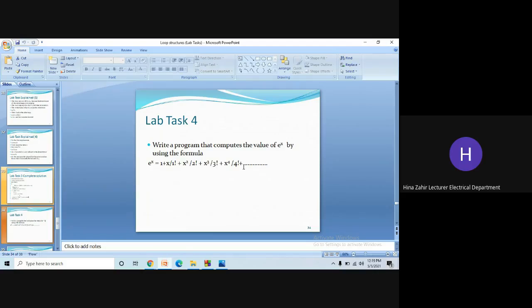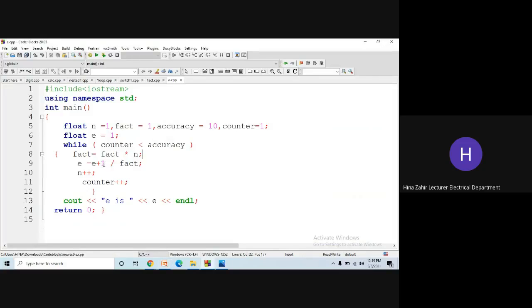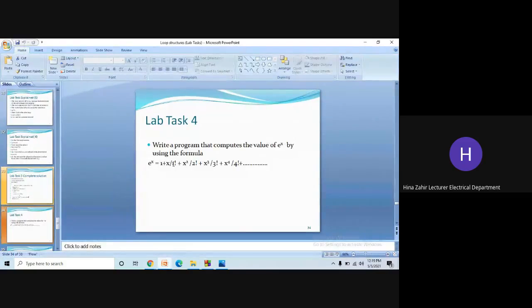So now, look at the series. Instead of that old 1, see, 1 is actually a constant here. Here, it is telling you to replace 1 with x, which the user enters, but not only x. Now, the portion is the same. The only thing that is different is that along with the factorial incrementing, you need another variable to store that number which the user entered, and that number is not only going to be there constantly, but that number is going to be square and cube and 4